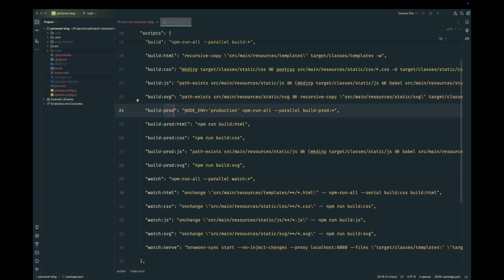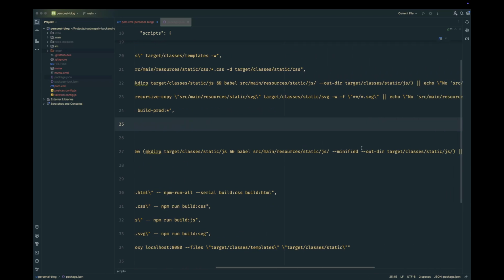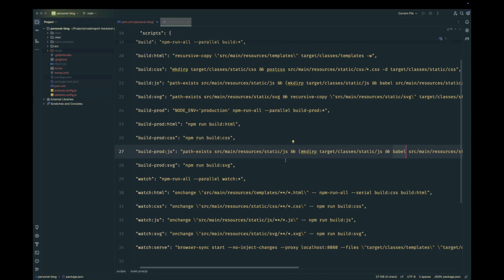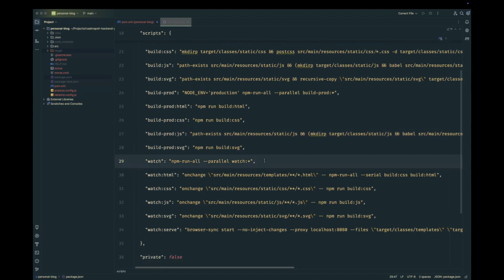If we are inside production, then first of all we are creating one environment variable called node.env with value production. Then we are running all the scripts with prefix build hyphen prod colon. So these three scripts are same as these normal build scripts, but for JavaScript we are using minified flag for Babel. That means JavaScript will be minified in production. But we need to minify the CSS as well in production. That is being done using post CSS